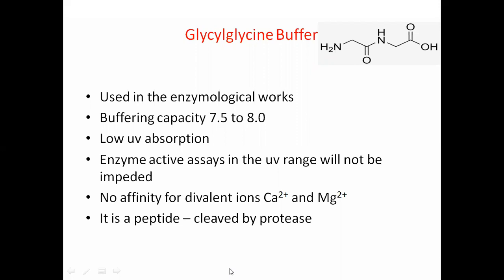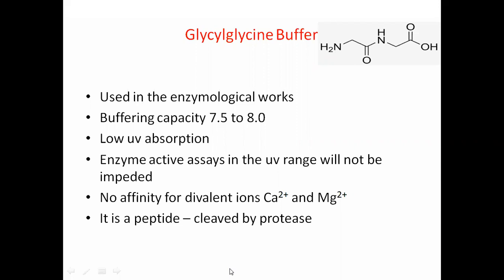What is a peptide? Peptide means two amino acids are connected together by a bond called a peptide linkage. The polypeptide linkage makes up the protein. When the protein is fragmented, when the protein is broken down, it becomes amino acids. So it is a